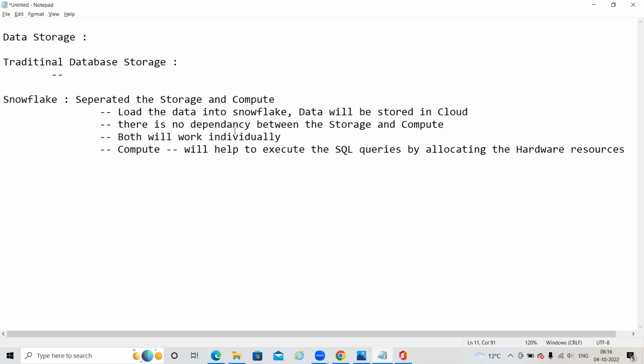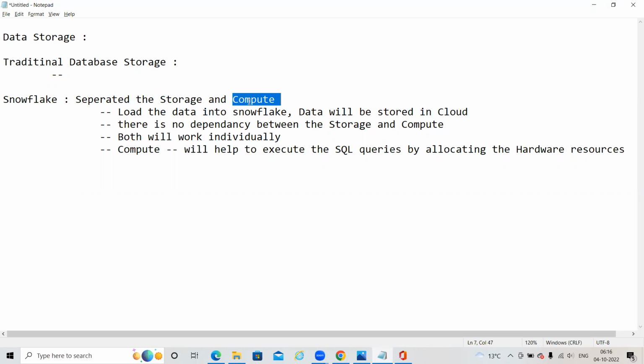See here what I'm trying to explain. This storage will take care of the data storage in the cloud in Snowflake. This compute will take care to execute your SQL queries while communicating with the database in Snowflake.